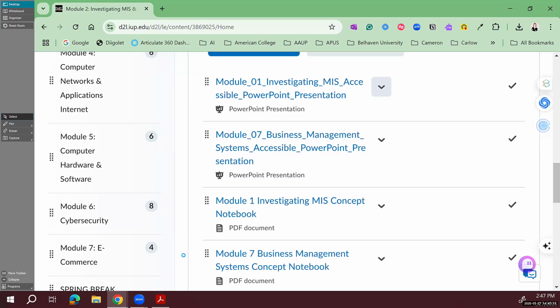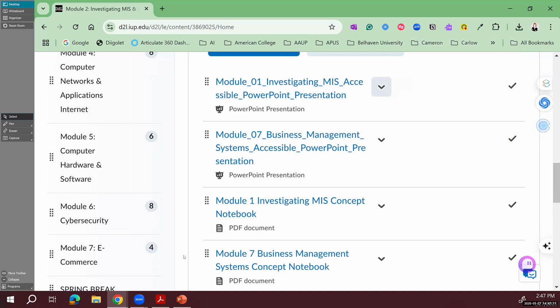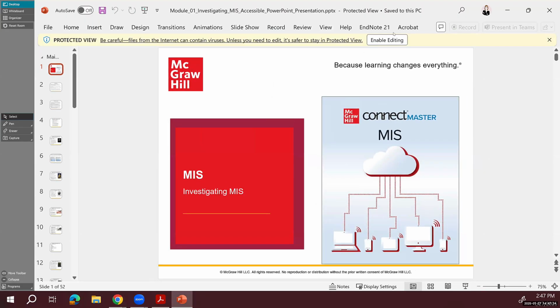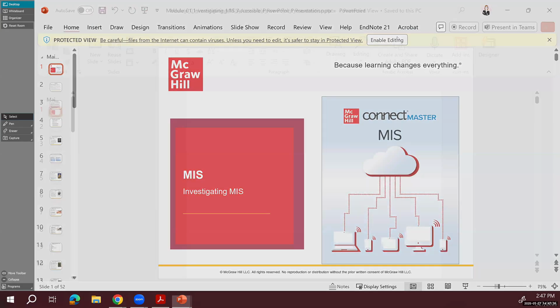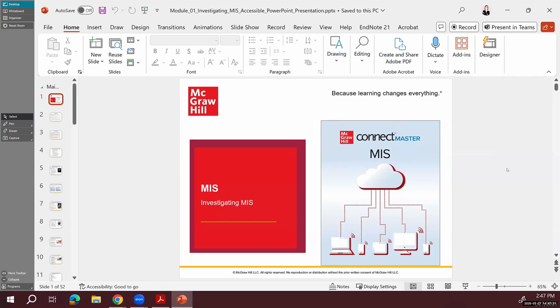So let's see here. So then what we'll do is, we'll go over the main, so basically what will work here, if it opens, is then you should have the PowerPoint. Now I'm of the school of thought that I don't like keeping things to myself. So you shouldn't have to write because I don't write. You'll have access, you'll have it all the time. I'm going to try to add as many of them as I have on there, and then you can fill in the blank to the notebook for what you need for the test.